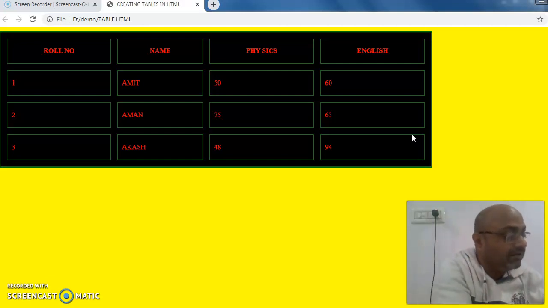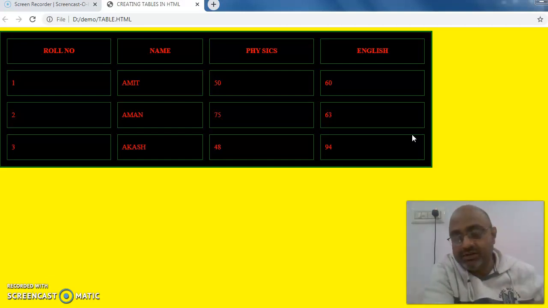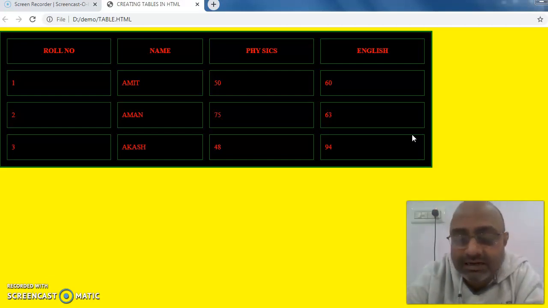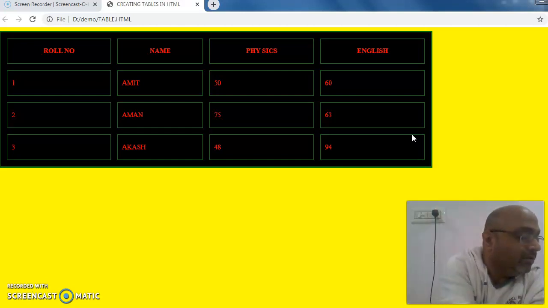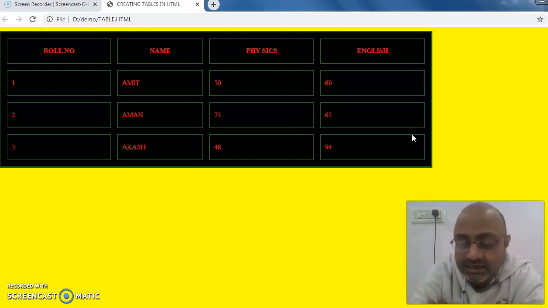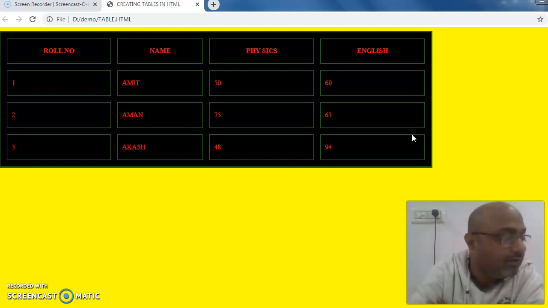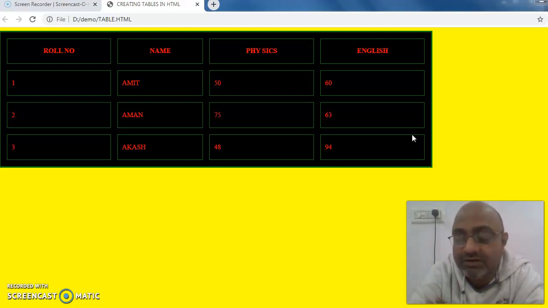The very next thing which comes, children, is the col span and row span attributes. Now what are col span and row span attributes? Col span is basically attaching more than one column together, and row span is basically attaching more than one row together. That means, even in MS Excel you might have some idea, merging of cells. So if you merge the cells horizontally,